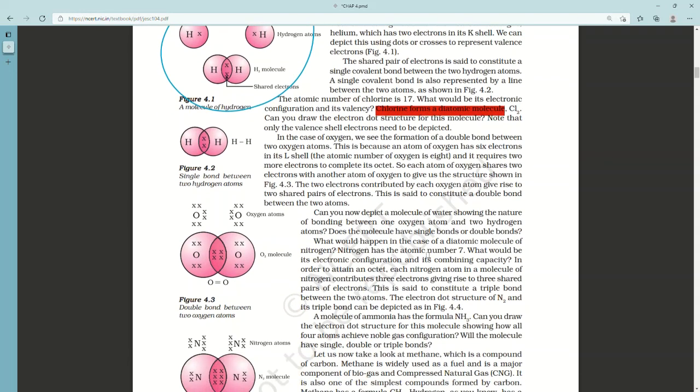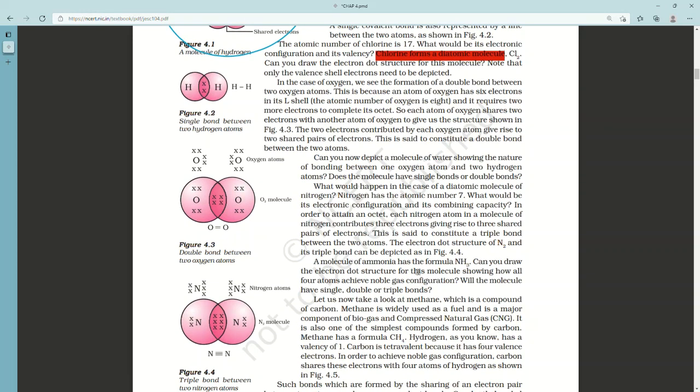In the case of oxygen, we see the formation of a double bond between 2 oxygen atoms. This is because an atom of oxygen has 6 electrons in its L shell. The atomic number of oxygen is 8 and it requires 2 more electrons to complete its octet. So each atom of oxygen shares 2 electrons with another atom of oxygen to give us the structure shown in